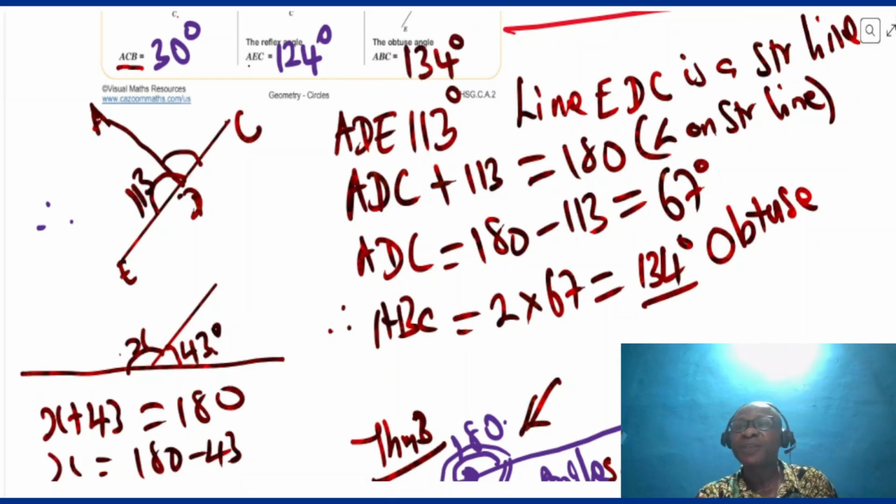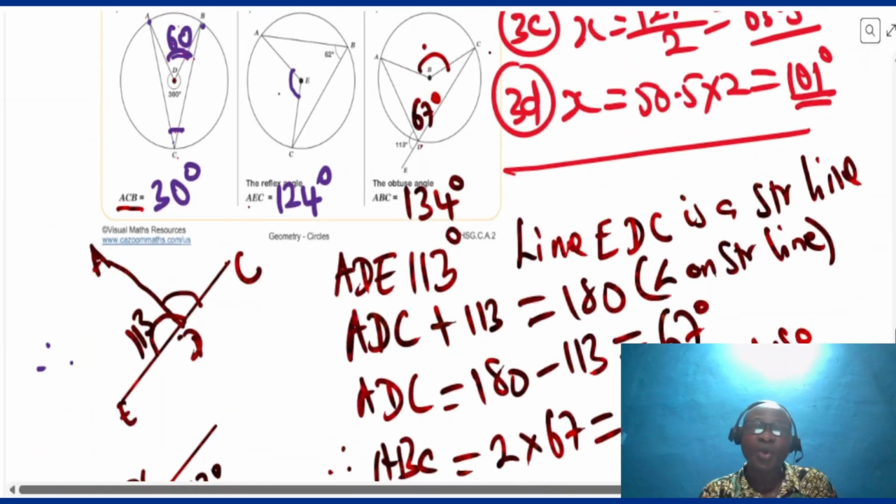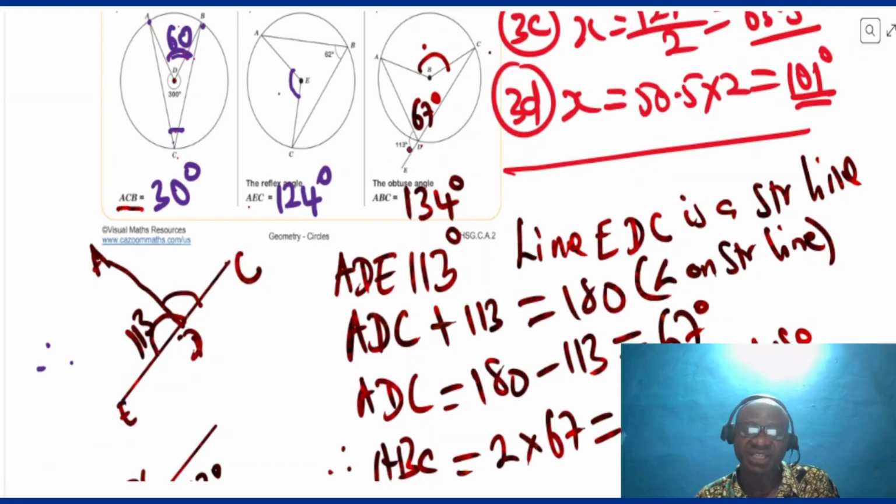Mind you, they did not give us the angle at circumference. What they gave us is the angle outside, 113. Therefore, we now use that angle outside to find the one inside. Okay? And when we got the inside, we multiply it by 2 to get the actual question that was given to us